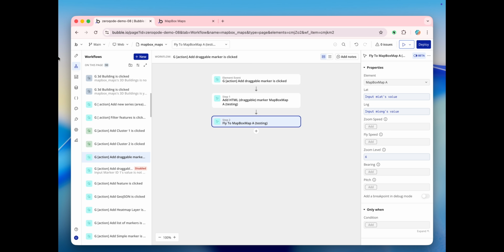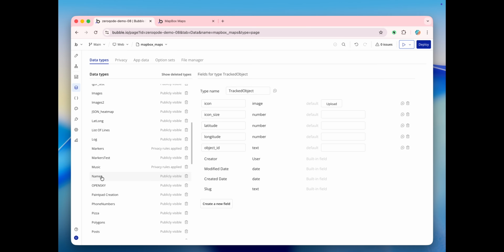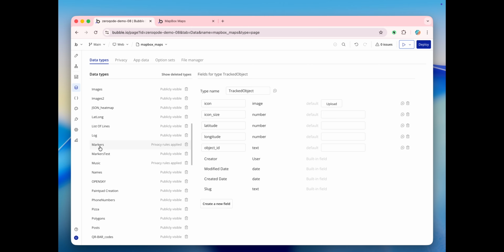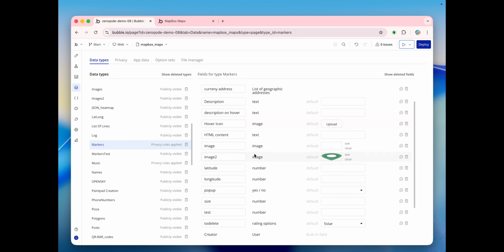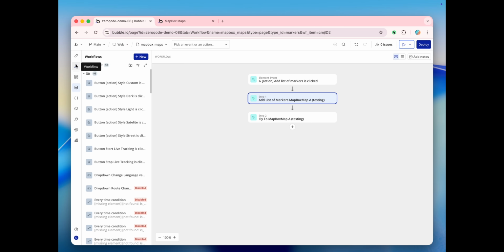Step 4, adding a list of markers. Next, we'll add multiple markers from a data source. First, we need to create our data set. Go to your Data tab and create a data type called markers. You can pause here and copy the fields setup if needed. Then head on back to the Design tab and click the Add List of Markers button, then start a workflow